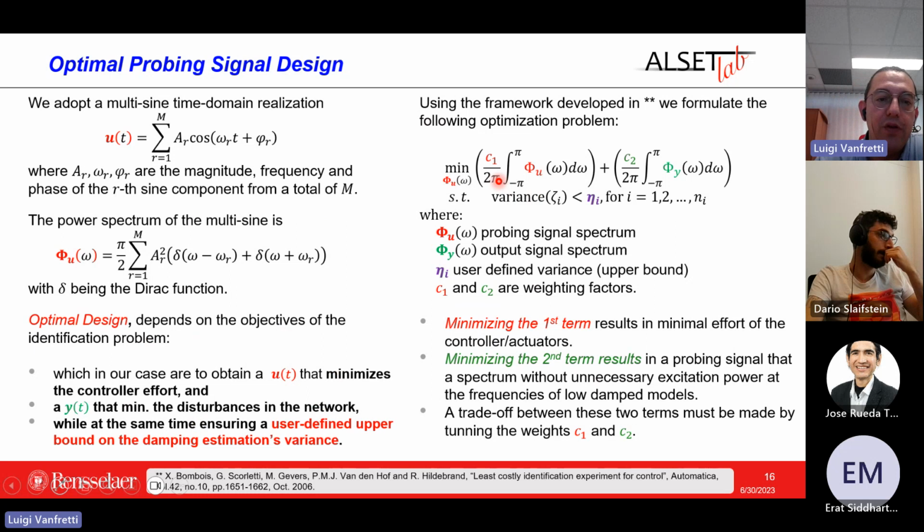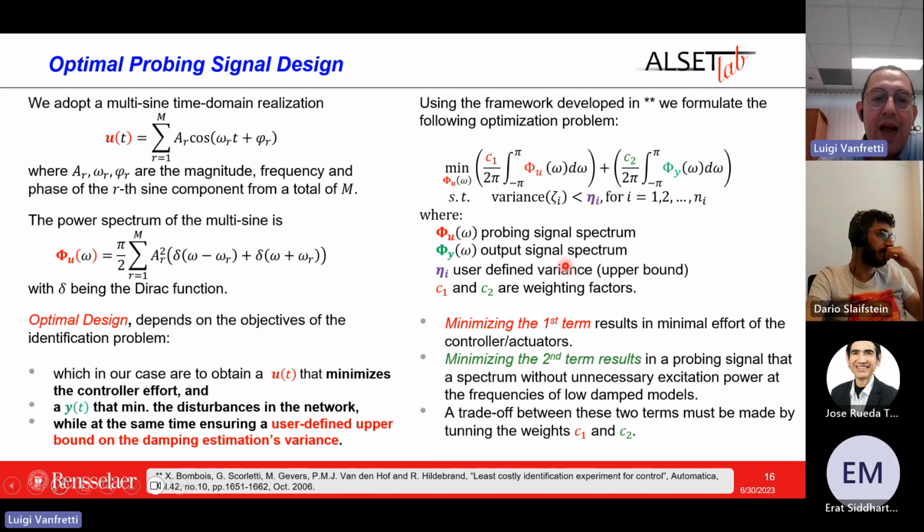The framework allows us to do this in this way. So here we're going to solve this optimization problem. We're going to minimize the spectrum of the input signal by doing what? We're going to have two components. We want to attack the controller effort and we want to minimize the impact on the system. So psi u is going to be the probing spectrum of the signal. Theta u is the output signal spectrum. Nabla I over here is our constraint that we want to minimize the variance to a user-defined value. Let's say we want the variance to be less than